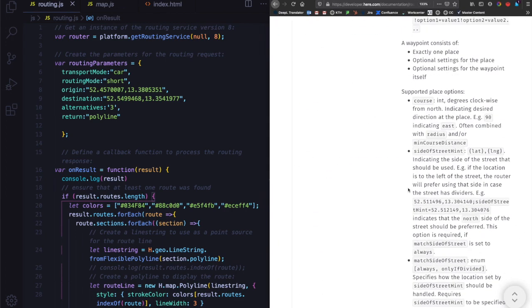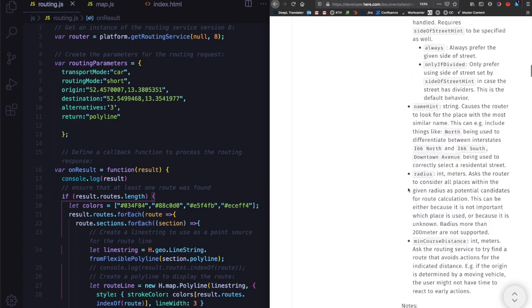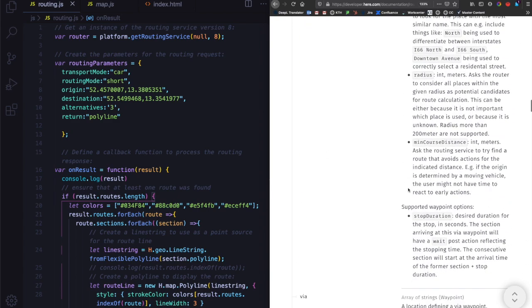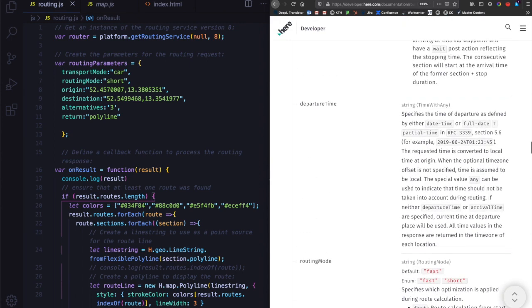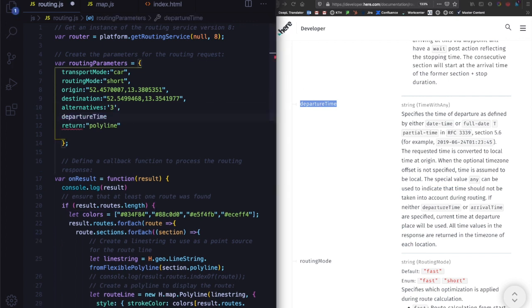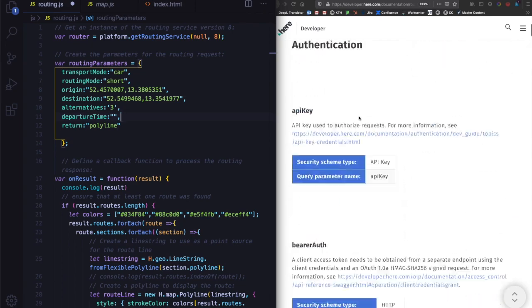We're going to take the timing into consideration, and in that we're going to look at departure time. So you can also have arrival time instead, but I'm going to check departure time. And now with this, I'm going to define my departure time. So again, you can find the explanation in the API Swagger